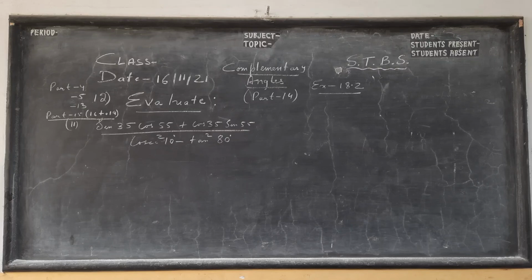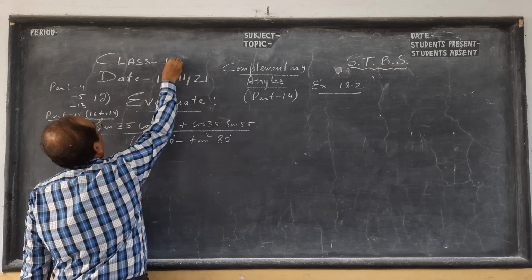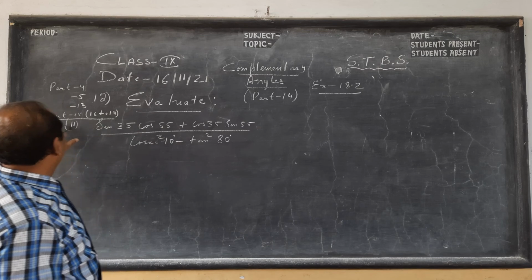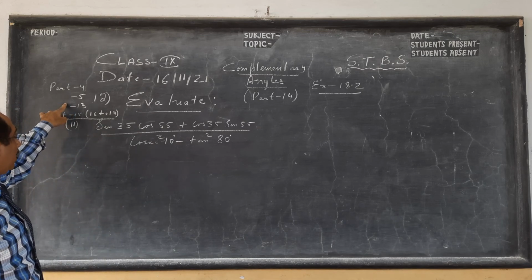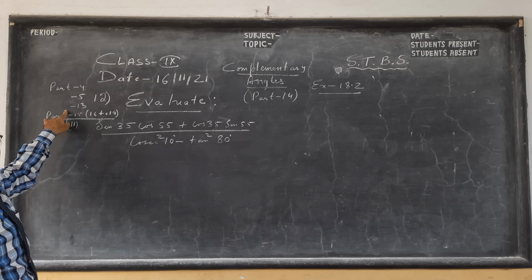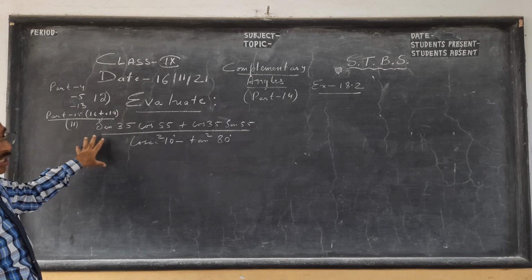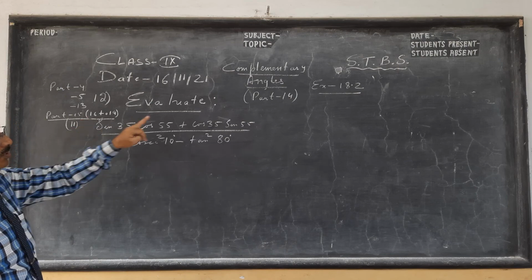So hello children, we are moving to part 14 of our video lesson on trigonometric ratios. This is my second last part, complementary angle. I have made 3 videos, part 4, part 5 and part 13, you can see. In between I have finished standard angle. So today is part 14, I will do harder sums, and in part 15, the concluding part, we will do the last 4 questions of this exercise